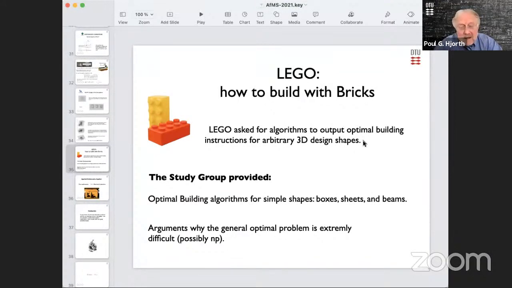And optimal here means that you're using as few bricks as you can get away with, while still maintaining some structural integrity of the Lego construction, because if you build the whole thing with one by ones, it is not sturdy at all. So you need a maximum amount of overlap between the Lego bricks, but you still need to use as few Lego bricks as